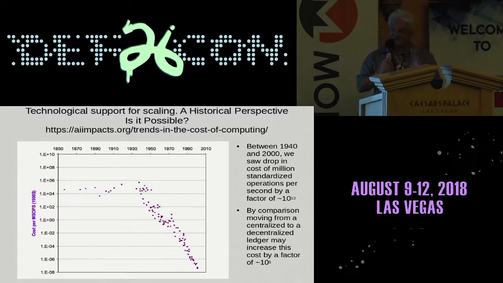And the indication would be that in the history of the world, we've gone from bearer instruments. There'll be a short period of time of centralized ledgers, and then we'll actually be moving to decentralized ledgers.